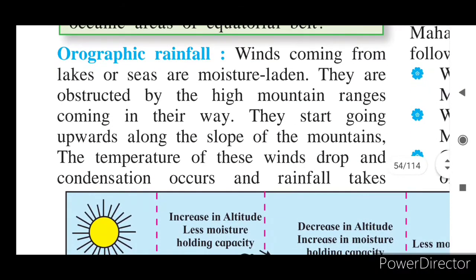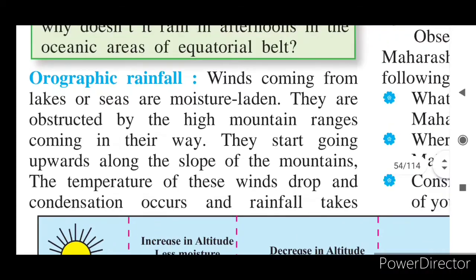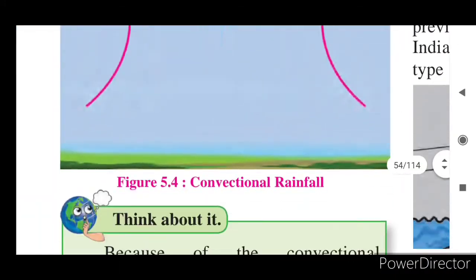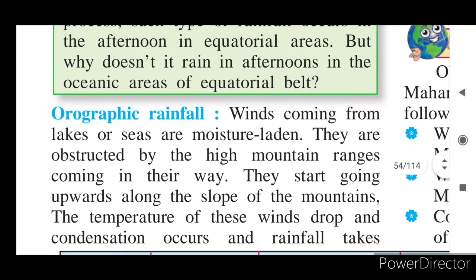Winds coming from lake or sea are moisture loaded. They are obstructed by the high mountain range coming in their way. They start going upward along the slope of the mountain. The temperature of these winds drops and condensation occurs and rainfall takes place. So here it is said that winds coming from the lake or sea are moisture loaded. When winds blow from the sea or from a lake, those winds have moisture, and that